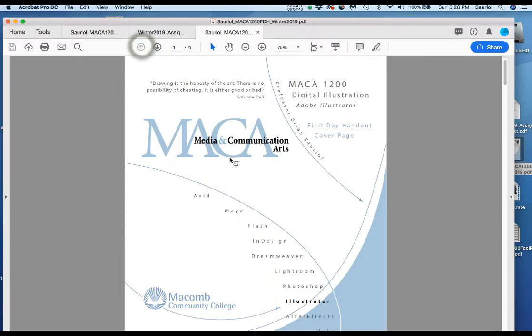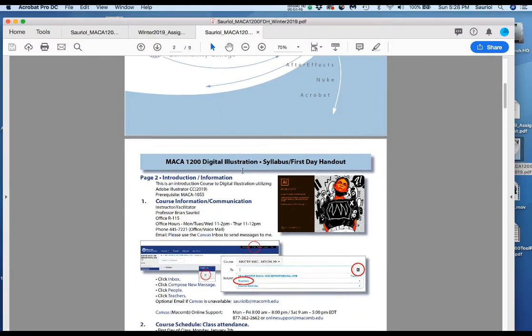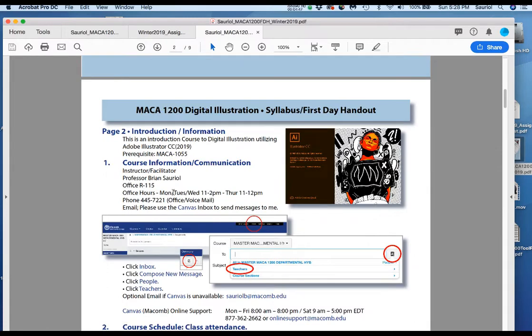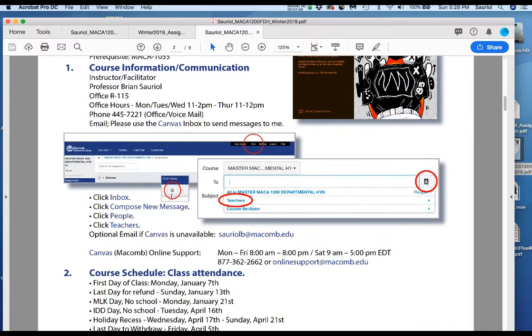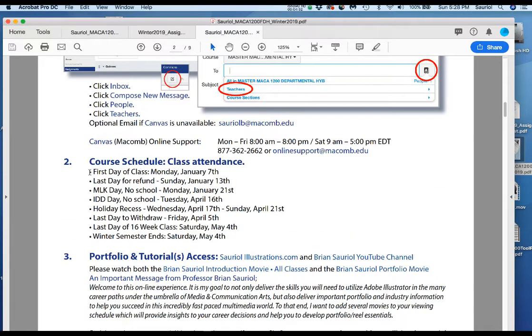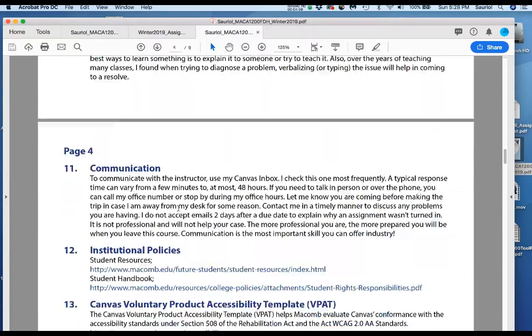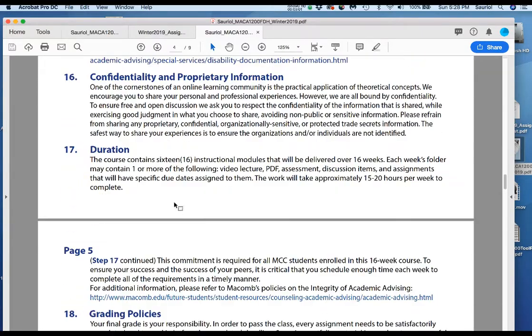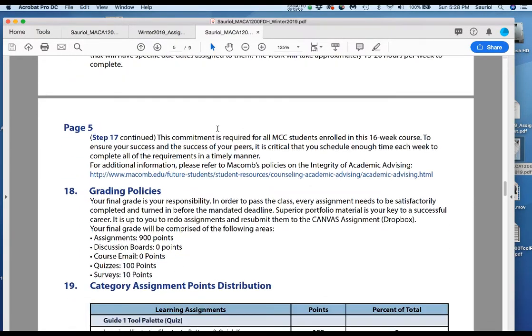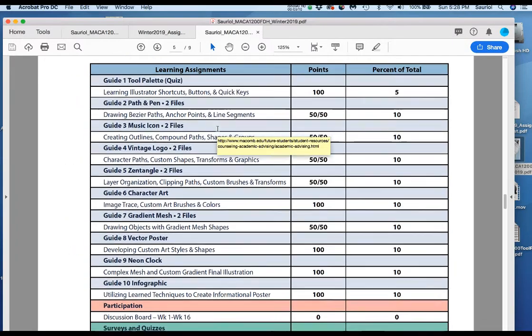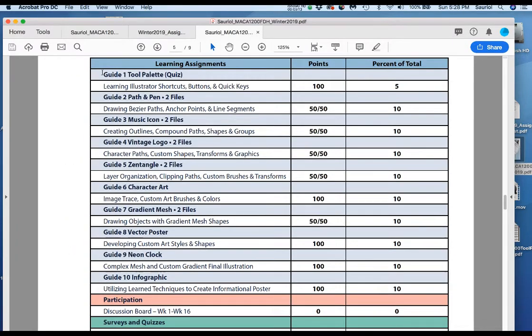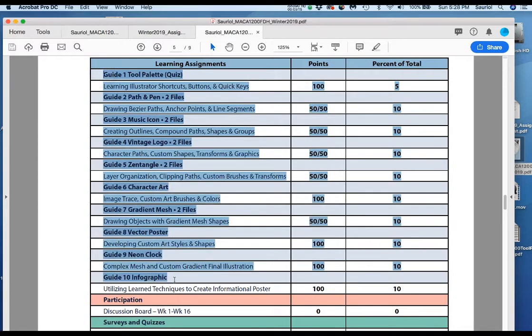So here's the first page of that handout, and I'm going to zoom down here to where it shows you how to get in contact with me and everything else that's important, all the semester dates. These semester dates correspond to the same dates that I have in Canvas. And it also shows you, if we advance it very quickly, I have a first day handout questionnaire that I want you to read all of this stuff in here because I think it's important, or I wouldn't have put it in there. But the list that we just went through is the same list that's right here,